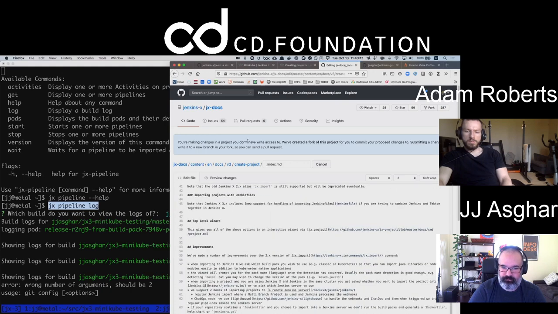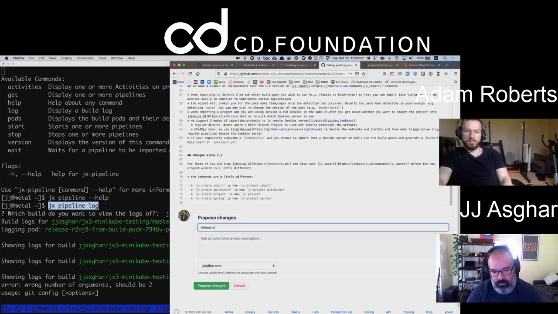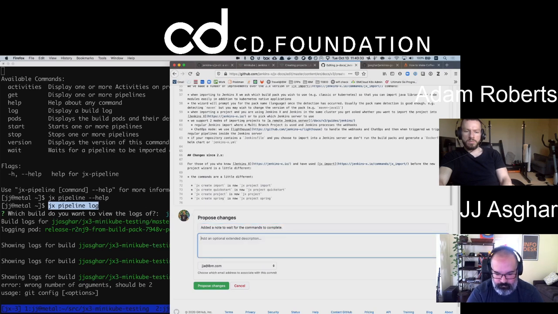All right. Added a note to wait for the commands to complete. Added a fun note to the quick start guide to enforce waiting for the pipelines to complete.